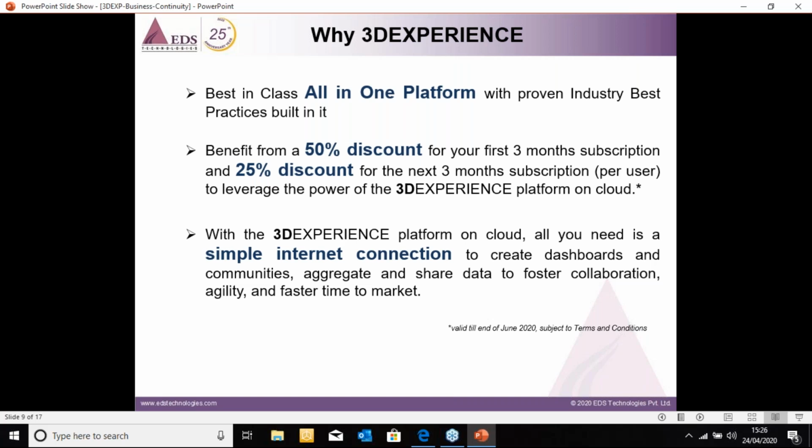This particular platform is highly flexible and scalable, with robust solutions inbuilt within it. When I say robust solutions, it caters to the needs of every engineering requirement, right from design engineering to manufacturing, handover to manufacturing, to the analysis part of it. You can do an analysis within the solution. There are solutions available like Simulia and Abaqus that can take care of your analysis. And then digital manufacturing, for example, if you want to automate your shop floor, you want to have a smart factory within your plant.